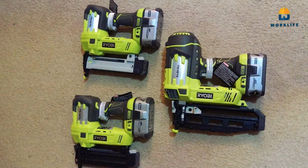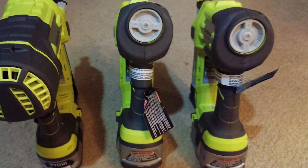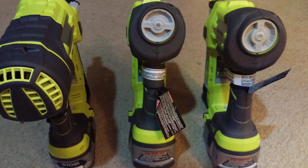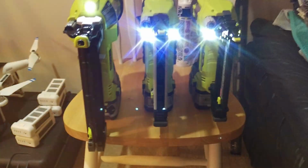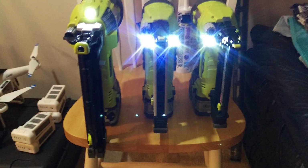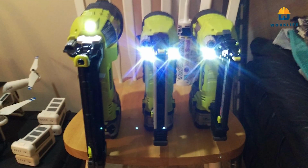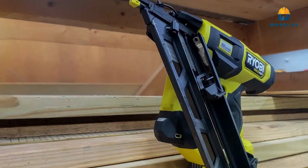This cordless nailer is powered by Ryobi's advanced AirStrike technology, eliminating the need for compressors. It features tool-free depth adjustment and jam release, ensuring seamless operation and efficient performance. Designed with ergonomics in mind, the P330 is lightweight and easy to maneuver, even in tight spaces. Its angled magazine allows for better reach in corners and tricky spots, making it perfect for crown molding and trim